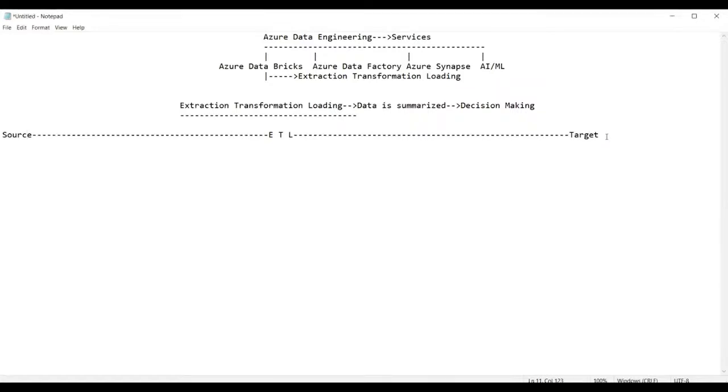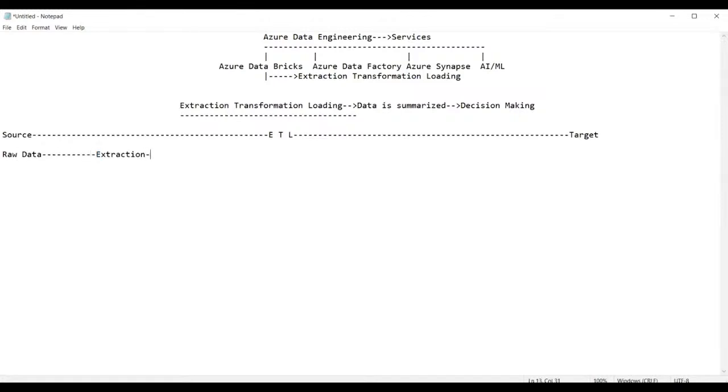Source is a place where we get the raw data. This raw data is extracted as per the requirement in the process of extraction.